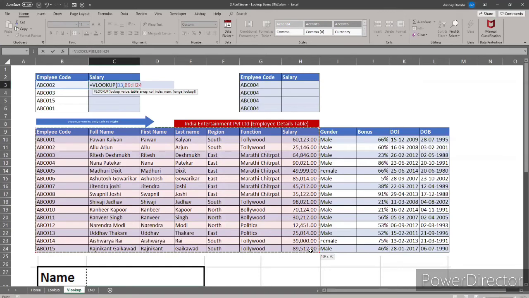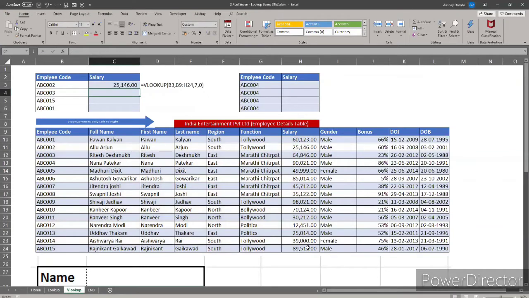If you see the small box below, 16R multiplied by 7C, it is nothing but 16 rows and 7 columns. So you can utilize this 7 in the column index number. So I put comma 7 comma 0.